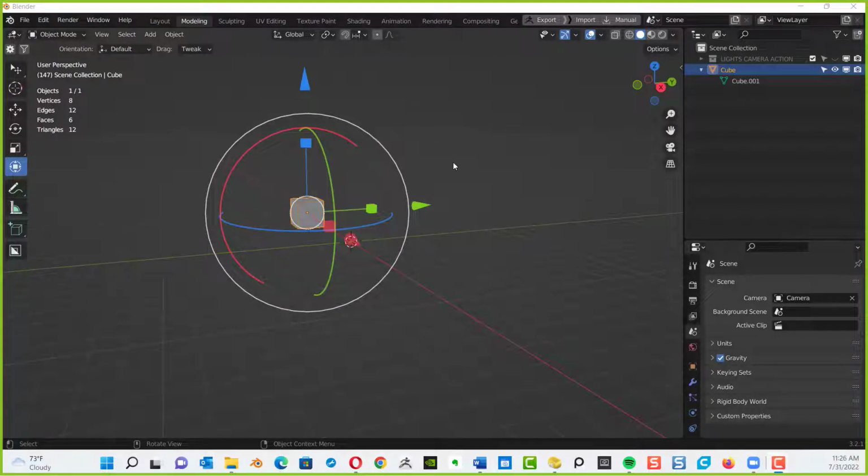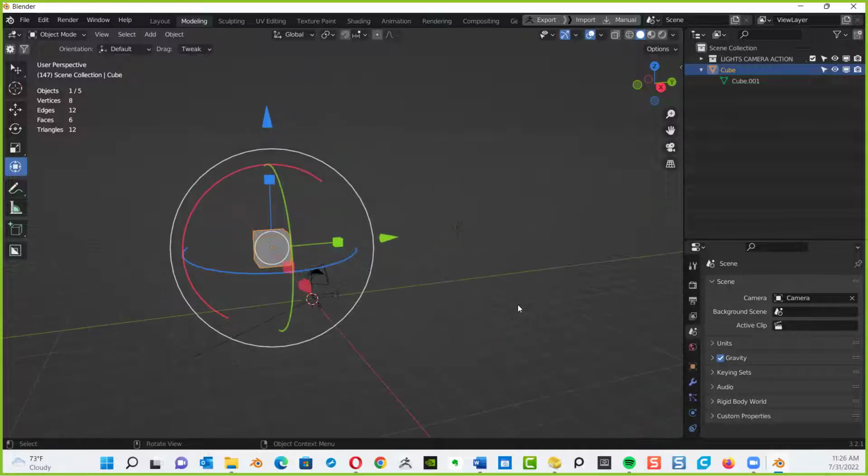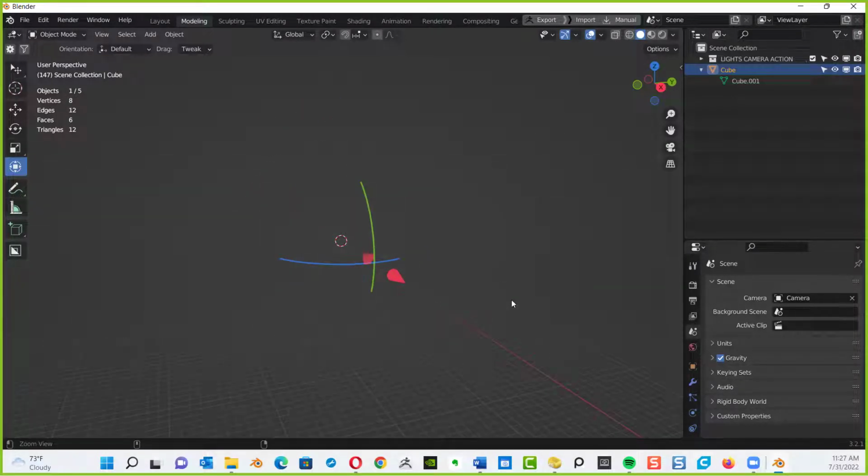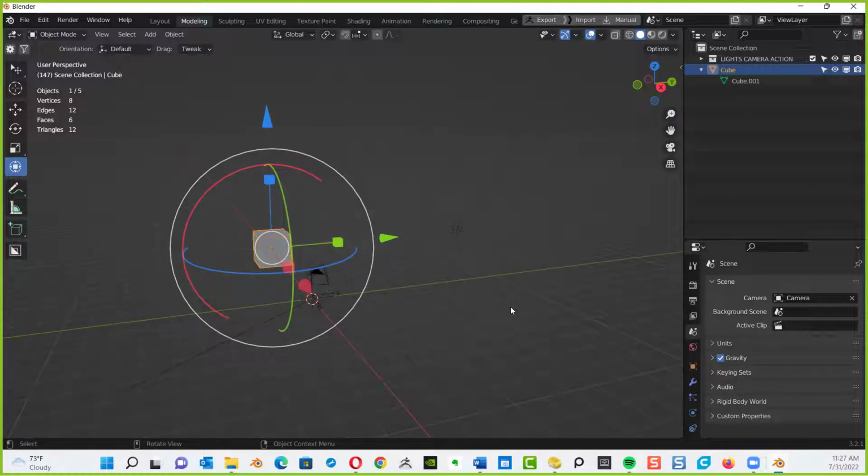Now, here we go. To quickly navigate or to jump your selected object to view, let me turn on all my lights and everything so I have multiple objects in there. If you hit the home key, remember Zari talked about jump to view or something like that. Hit the home key, that jumps everything to view. So if it's way back here or something like this, hit the home key, boom, it jumps it to view. What's the home key? On your keyboard, read it. The home key is on your keyboard. It says home. Gotcha, yeah.